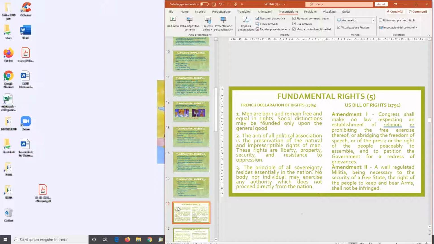Now, I will be sending you the slides, and you will see that you can also analyze the text. But it's interesting to see how in France and across the Atlantic, they feel that fundamental rights should be regulated. It's interesting to notice that in France, first we have the Declaration of Rights of Men and Citizens, and afterwards we have a constitution,